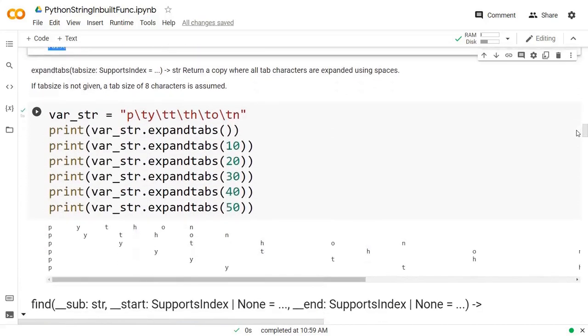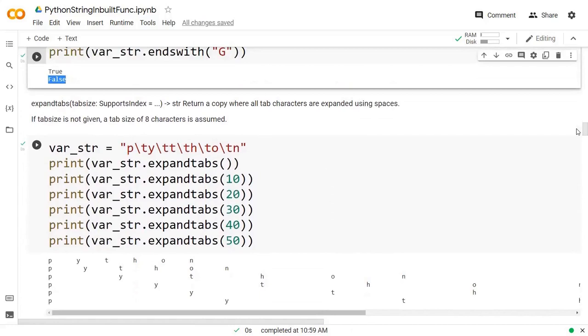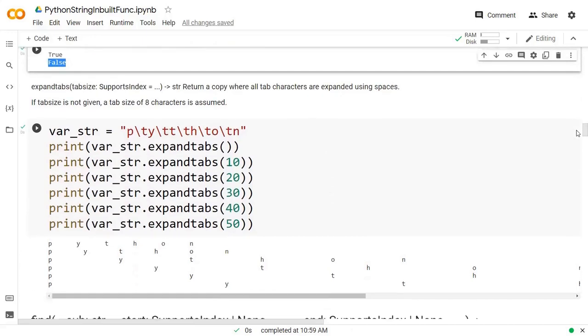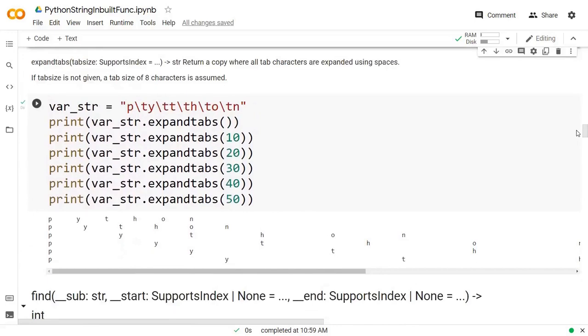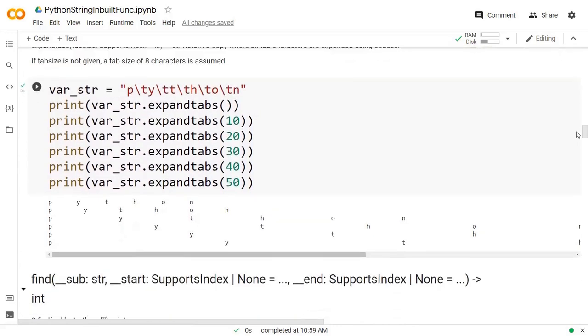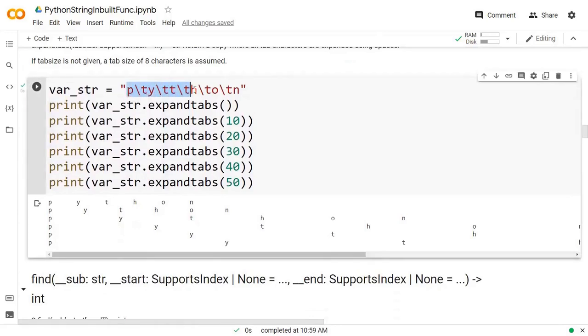Next is my expandtabs. So now in case of expandtabs, what you will find right here is that I am expanding with the help of tab. Okay, so in my string I have taken Python, but in between every alphabet I have taken slash t. Slash t represents tab.